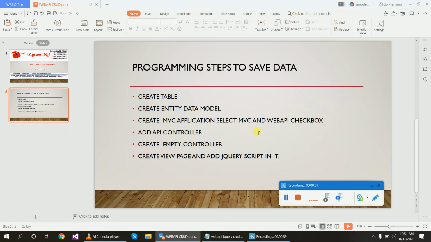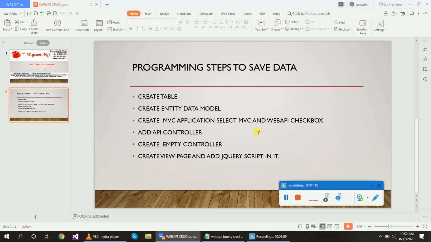After creating your application, you will add an API controller. Then you will create an empty controller. Inside of the empty controller, you will create an index page to display the data. And inside of this view page, you will create a jQuery script file to CRUD your data, meaning create, update, and delete.